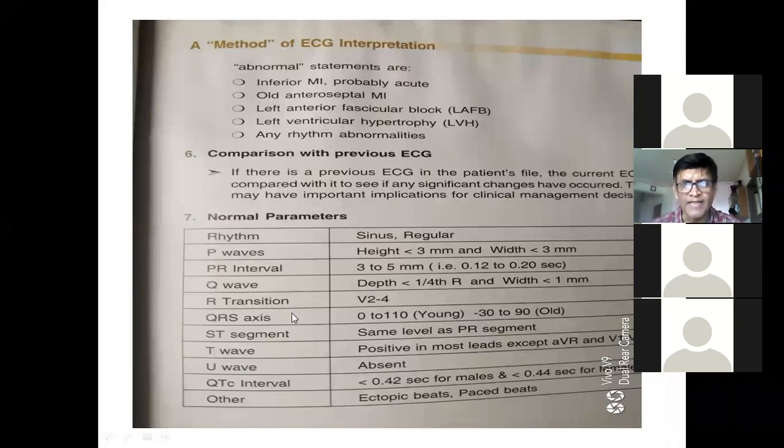The QRS axis, that I will show you afterward. In normal people, the axis of the heart should be between -30 to +90. If it goes to -40, -50, it is called left axis deviation. If it goes to 100, 110, 120, it is called right axis deviation. That I will tell you later on because that is a chapter by itself. But a normal axis should be between -30 and 90. Is it clear?